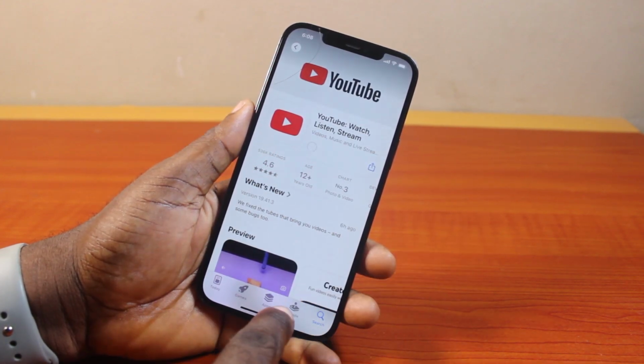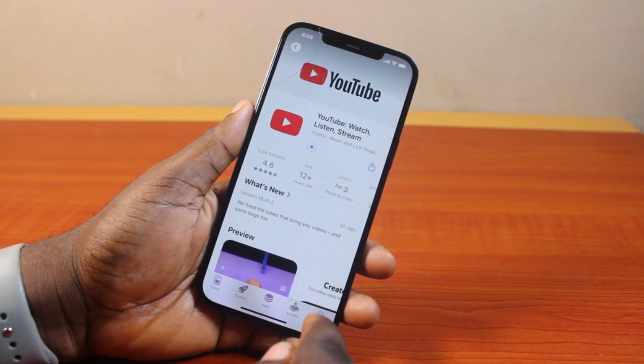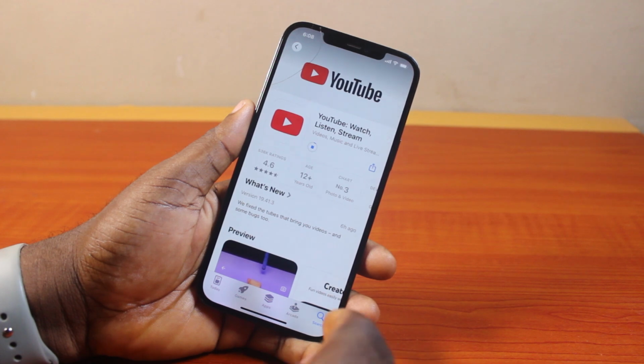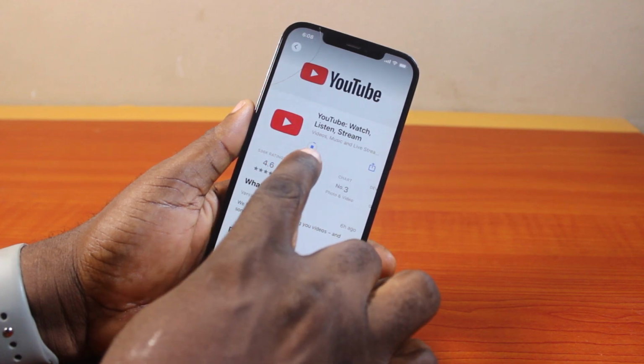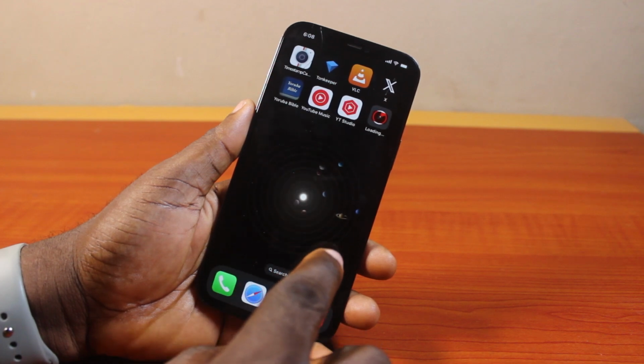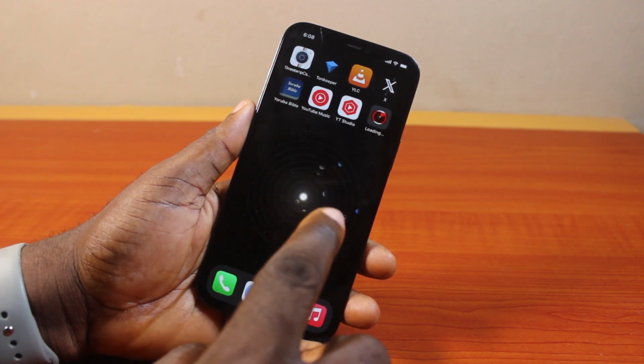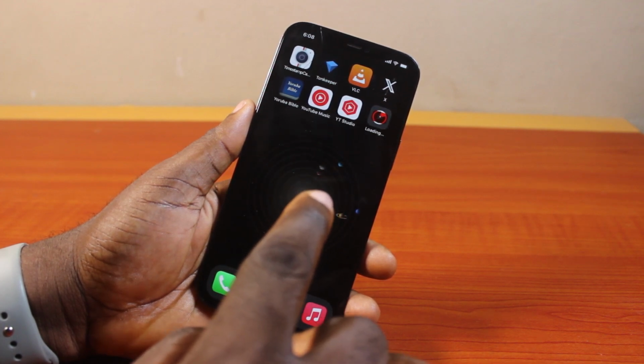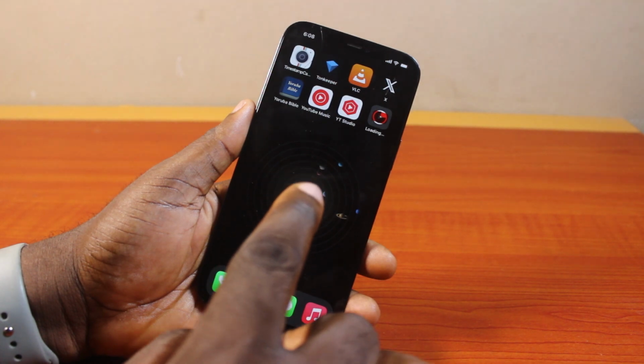Here you'll be prompted to type install from the pop-up. Tap the install button and then confirm your Face ID or your Apple ID account. Once you confirm your Face ID or Apple ID account, you should see the YouTube application installing. So this might take a couple of seconds depending on the strength of your internet connection. And once the YouTube application is installed successfully, you'll then be able to open the YouTube app and then sign